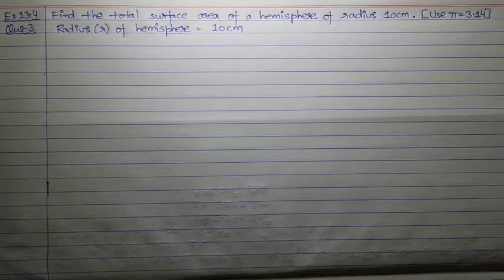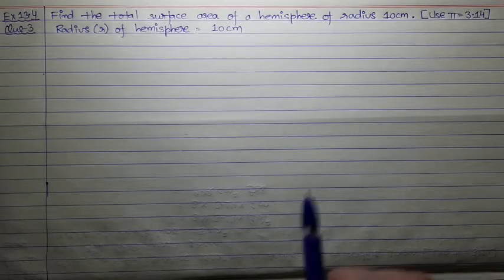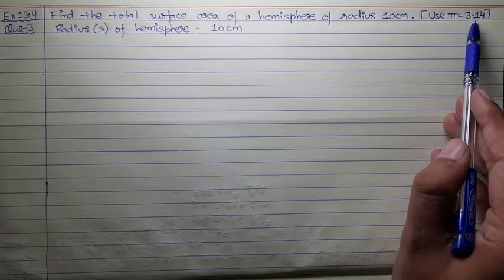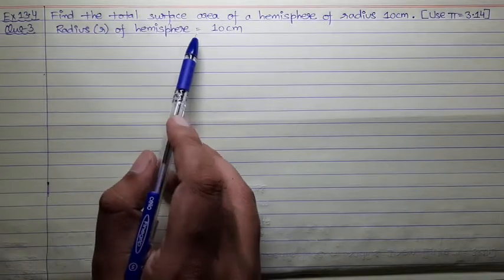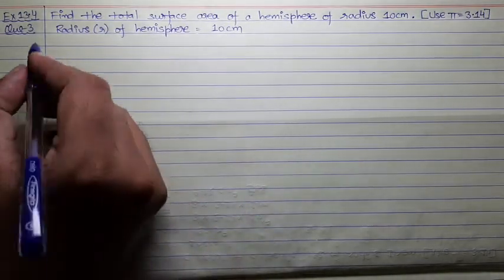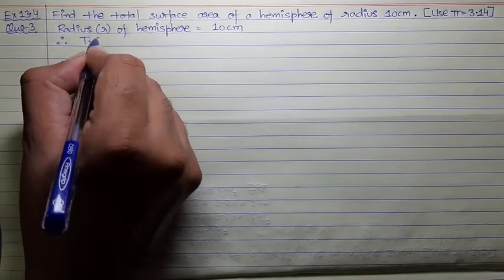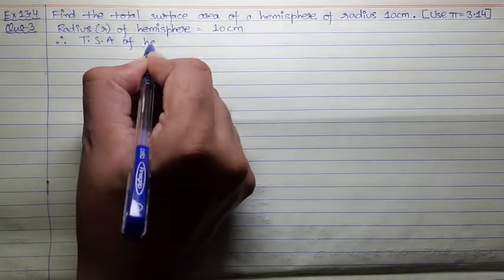Exercise 13.4, question number 3. Find the total surface area of a hemisphere of radius 10 centimeter. In this question, we have to use value of pi 3.14. Radius of hemisphere is 10 centimeter. Therefore, total surface area of hemisphere,